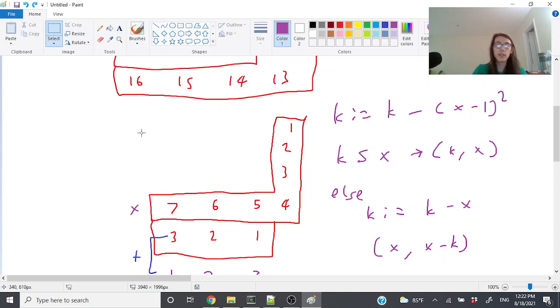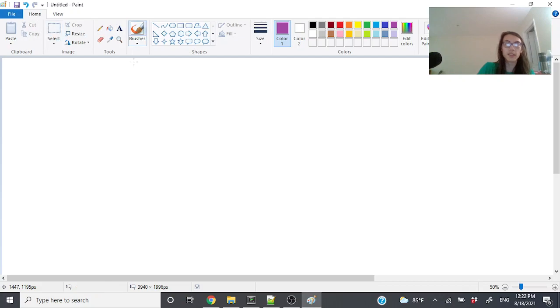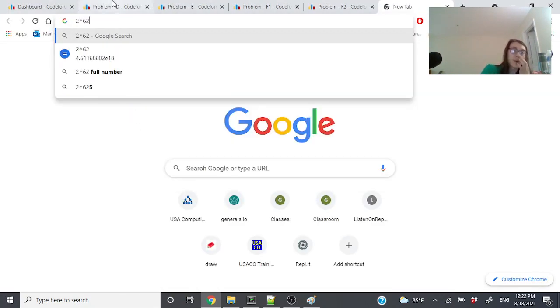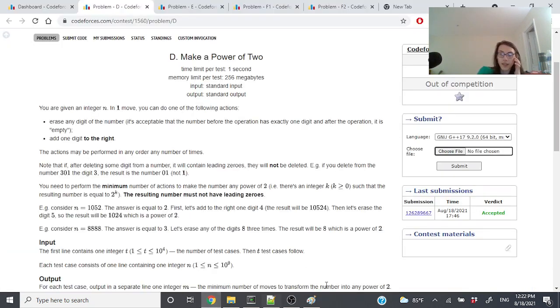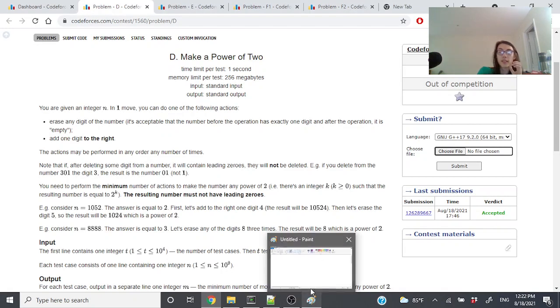For this problem D, it is sort of another brute forcey problem. The idea is there are not that many powers of 2. 2 to the 62 is 4 times 10 to the 18th, which is big. And it's big enough that there's not much better we can do. Because think about